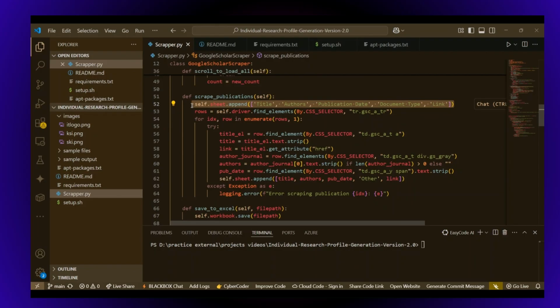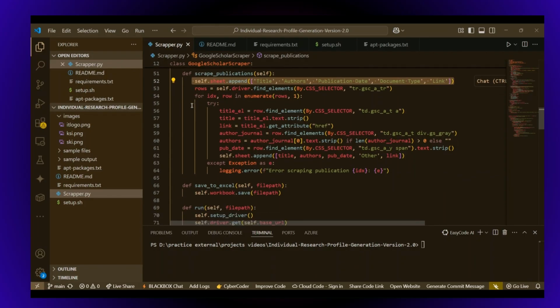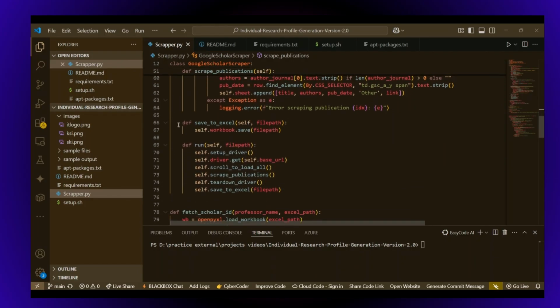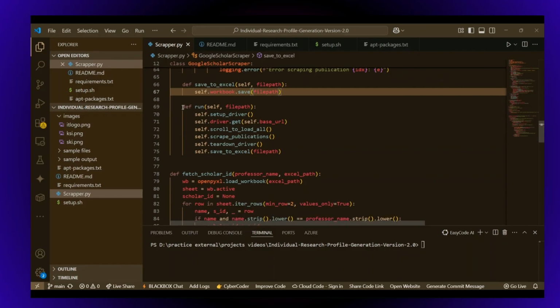Now let's talk about the save to Excel function. This function will help you to save the whole data into an Excel sheet, that is a workbook type of part. And the run part, again, as the function name suggests, is the run part, the driver part.